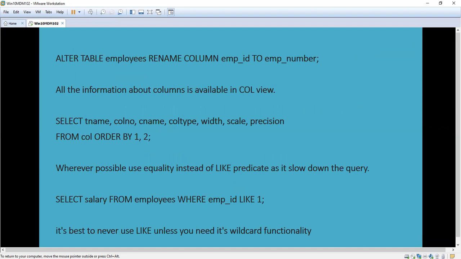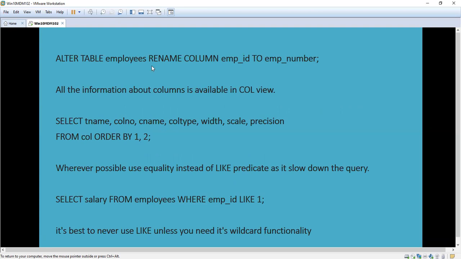Here, I'm going to show you how to rename a column. We are going to use the alter table statement: alter table, table name. Then we use the rename column option, not drop. There is no need to use that here. And we have to give rename column, the old column name, to the new name. You have to mention it here.